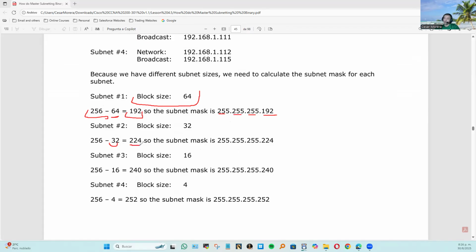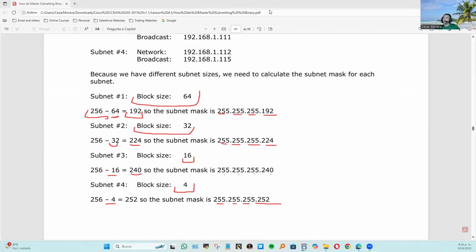And we will get to 24. This 255.255.255.224 will give us the next block, the 32. 16 is the following. We subtract 16 and we get 240, 255.255.255.240. That is the next mask. And finally, minus 4, that is the last one: 255.255.255.252. Those are the blocks that we will be using during this conversion for the VLSM to